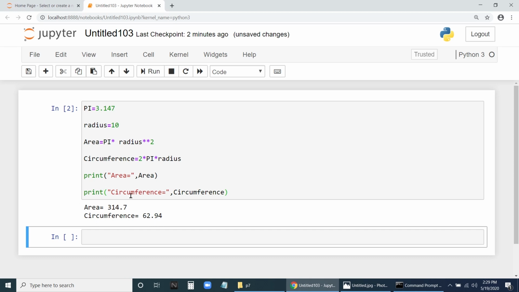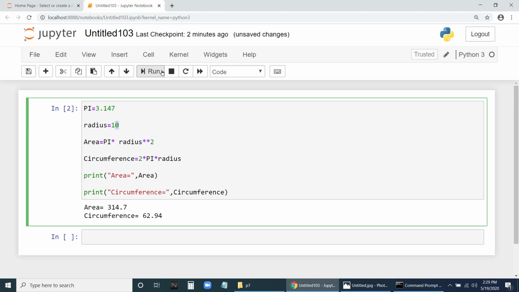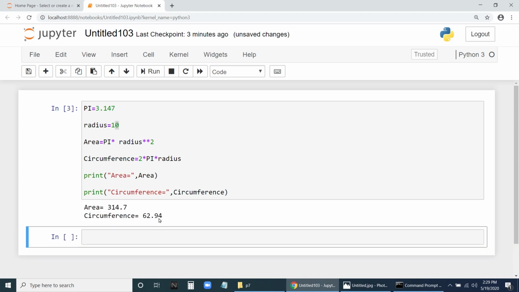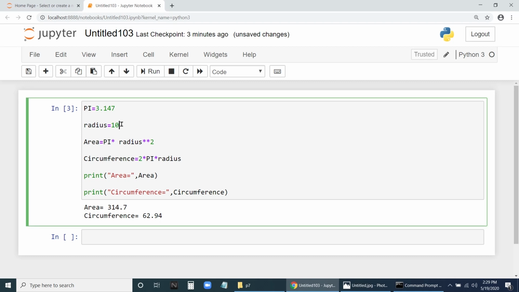But the thing here is radius is fixed. Each time we run the same thing. Now each time if I run, it should ask for a different value, we should be able to enter the radius differently. Okay. So let us keep this one. We'll say here int of input. We'll use the input function. Input, enter the value for radius, in double quotes.